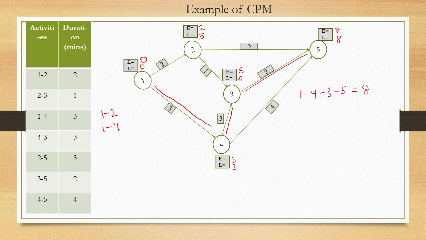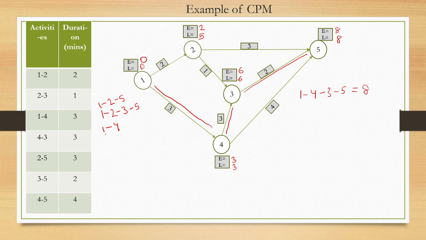Now where this 2 is coming after this 1 to 2, the next activity should be 2 to something: 2 3, 2 4, 2 5, 2 6. So where this 2 is coming, here 2 to 3, and here 2 to 5. So one is 1 2 3 and another one is 1 2 5. Now where this 3 is coming, here 3 to 5. So 1 2 3 5. Where is 5 coming? No. So one path is 1 to 5, another path is 1 to 3 5.